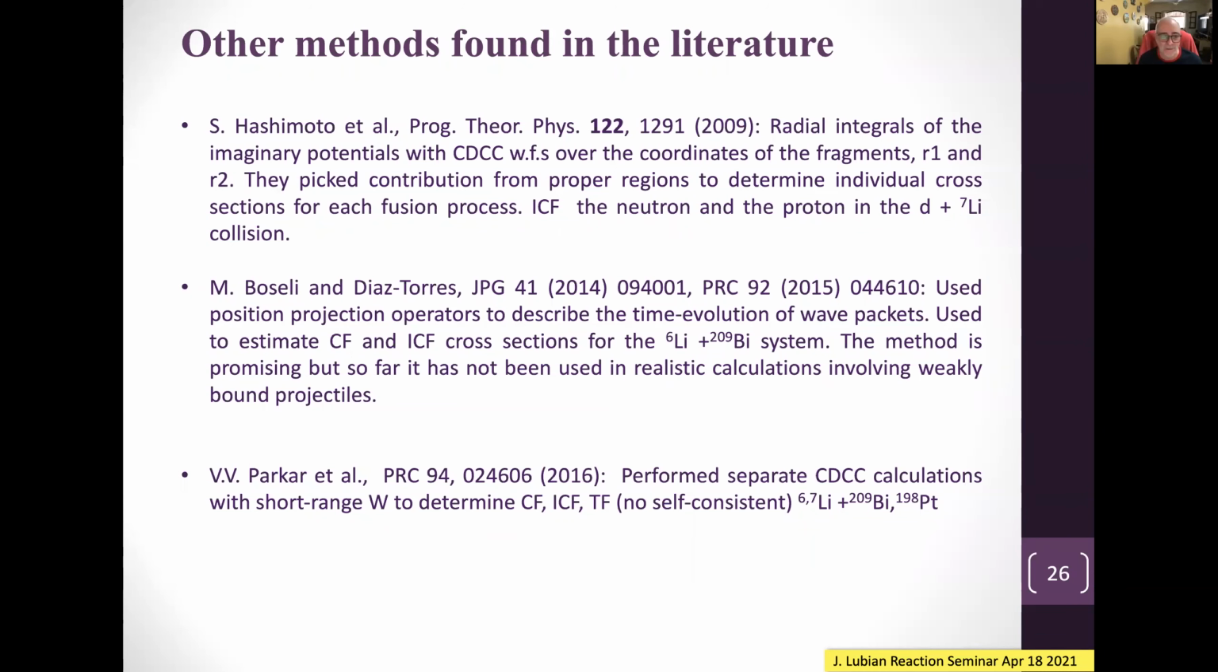There is another method by the Mumbai group of Kailas and Shrivastava, who perform CDCC calculations using different short-range imaginary potentials to determine complete, incomplete and total fusion, switching different components on and off. The minor point of this method is that it is not self-consistent: not all the cross-sections are determined in the same calculation. So now I will start to describe